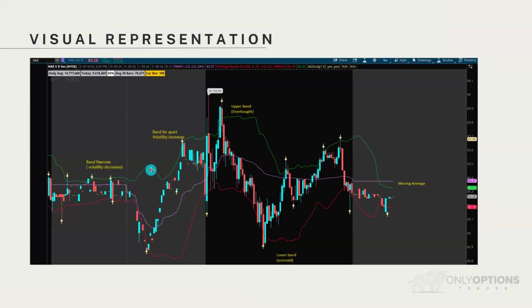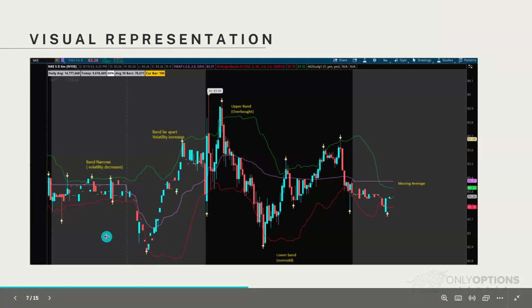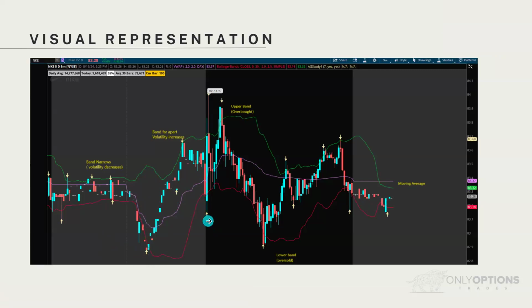When the volatility starts expanding, you see where you should get your calls and your puts. Normally, when you are oversold and your price action is away from your lower band, here's your entry for calls. So normally here you will enter, and then you will get out